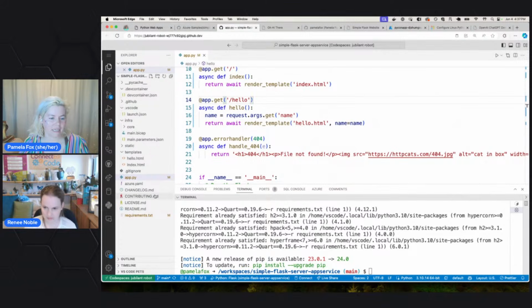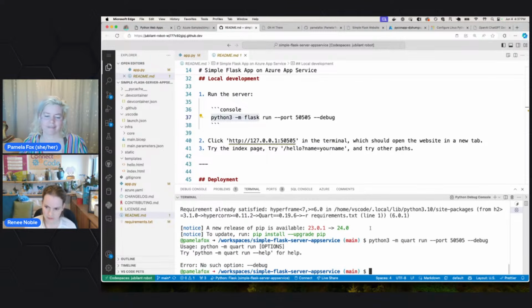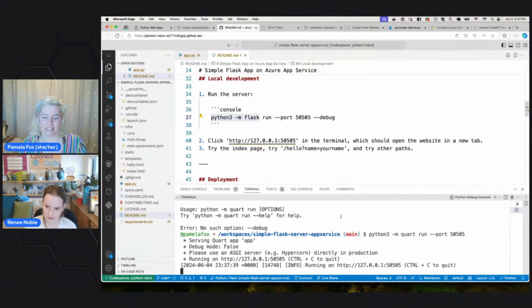Now I need to actually run it. So how do we run a Quart application? It's going to be pretty similar. So we'll do Quart run the port, and let's just see if this will work. All right, it did. So some of the options are slightly different. And now we're running the development server,